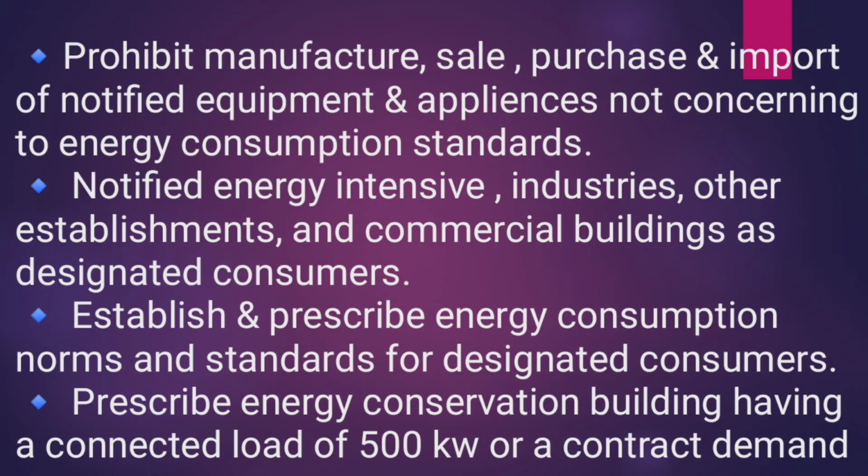Point number 3 is prohibit manufacture, sale, purchase and import of notified equipment and appliances not conforming to energy consumption standards. Notified energy intensive industries, other establishments and commercial buildings as designated consumers. Establish and prescribe energy consumption norms and standards for designated consumers. Prescribe energy conservation building codes for buildings having a connected load of 500 kilowatt or a contract demand